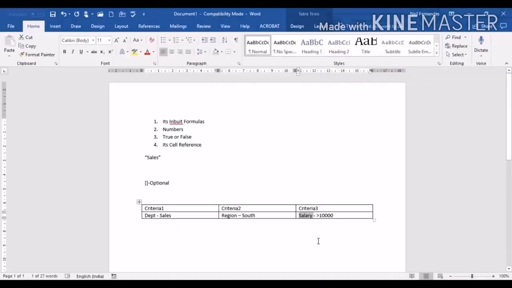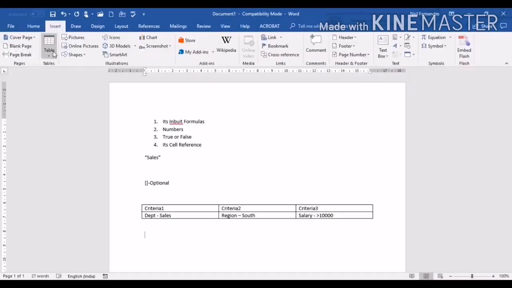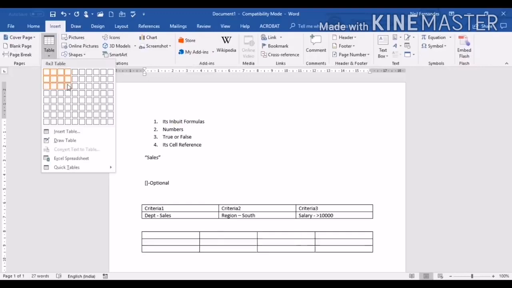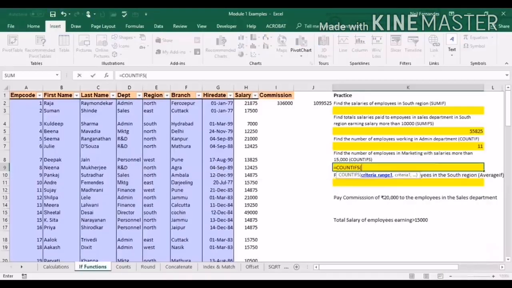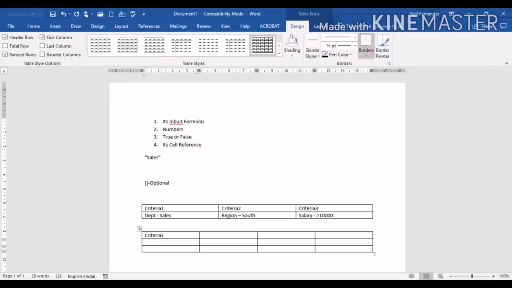What are those two conditions? Insert a new table because we have a condition here. Okay, so our conditions are what? What is our criteria range and the criteria? Let's go back first and understand what its syntax is. So I open it, and I get the first syntax, which is the criteria range 1 and the criteria 1. So let's put it that way, criteria 1 and criteria 2. We have only two criteria this time. We don't have more than that.